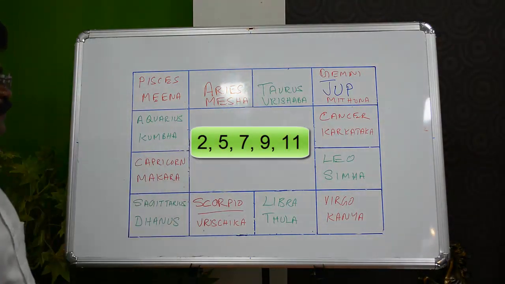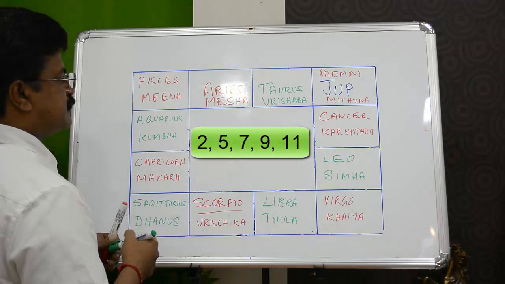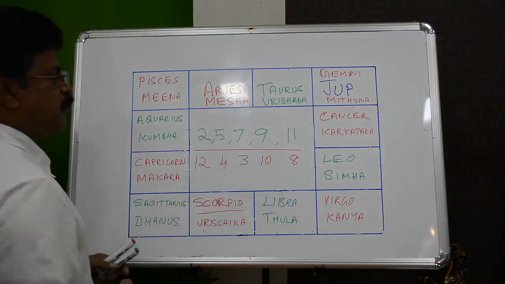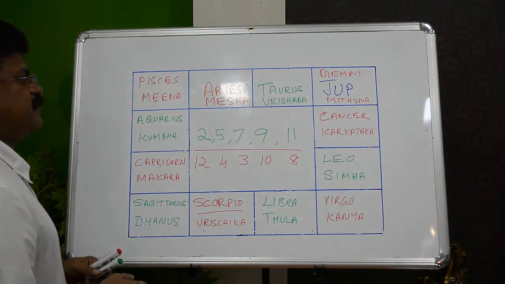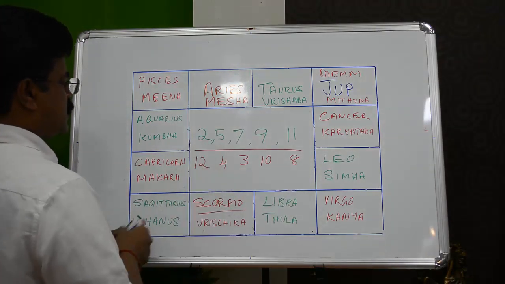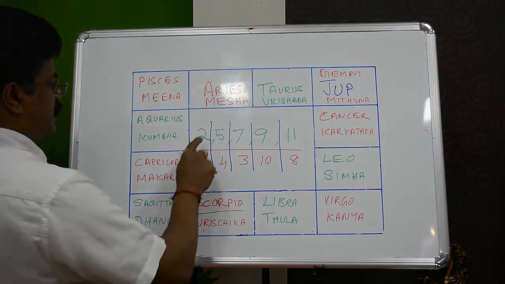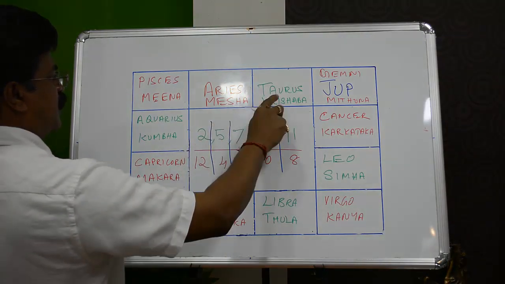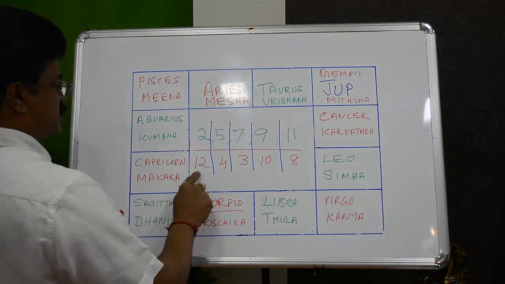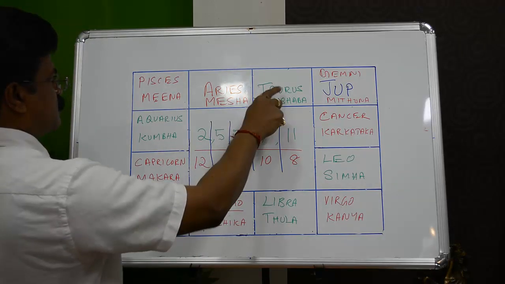So this is the way you do it, but there is a small additional piece of information that I wish to give here. If you want to move on to a higher level of understanding of Jupiter transit, then start using this information also. Note down these numbers. Now these houses are called obstructive houses. Let's do an example. For Taurus people, if Jupiter is in the second, it is very good, but it can get blocked or obstructed by another planet which is going through the 12th from the moon sign.